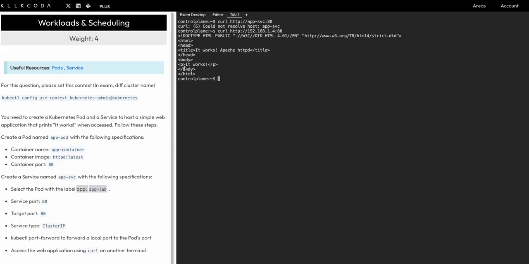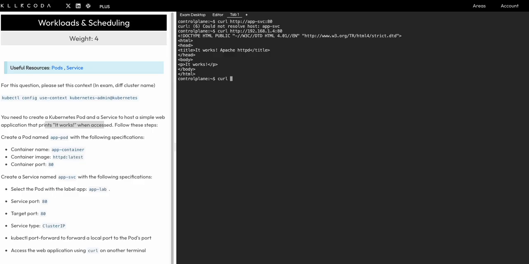You can see that it's Apache HTTPD and it's going to that pod, and we're getting "It works." But what they are asking is, this is on the port of that IP, right? They want to use a local port to reach the pod's port. So we have to do port forwarding. Understand this as some other IP. My control plane IP is something else, and on the control plane IP I want to, for example,